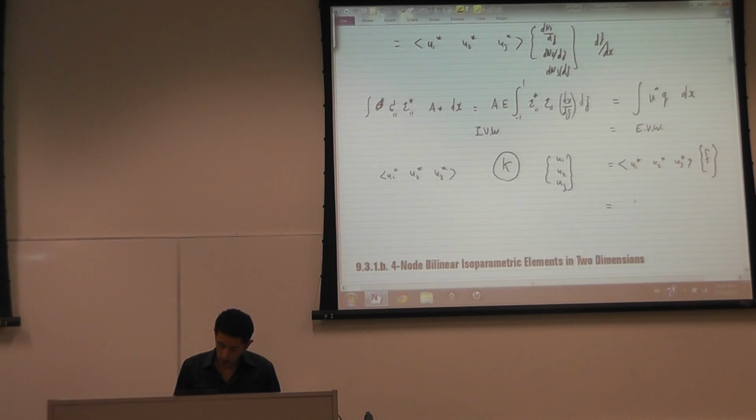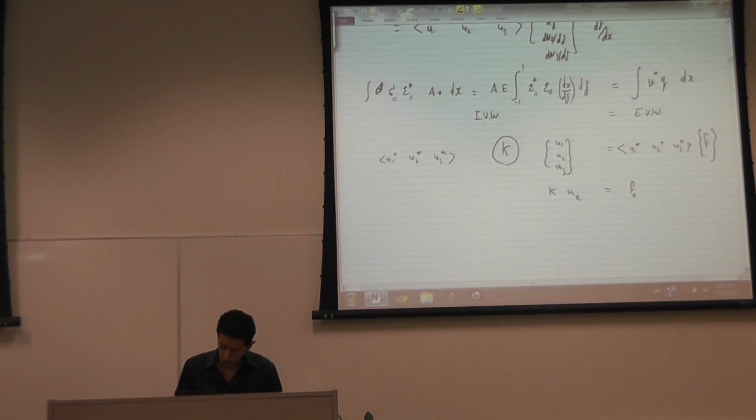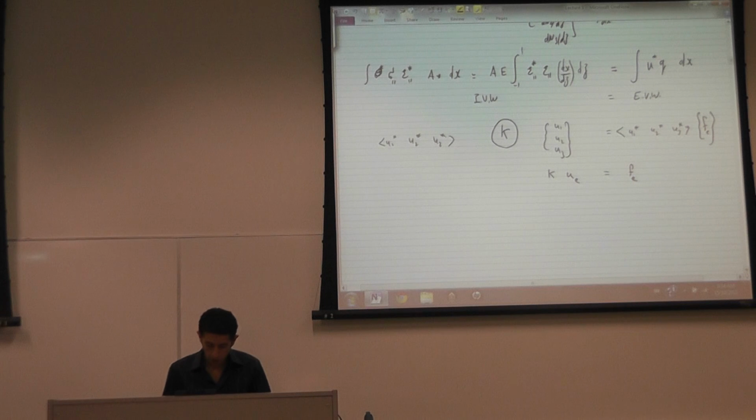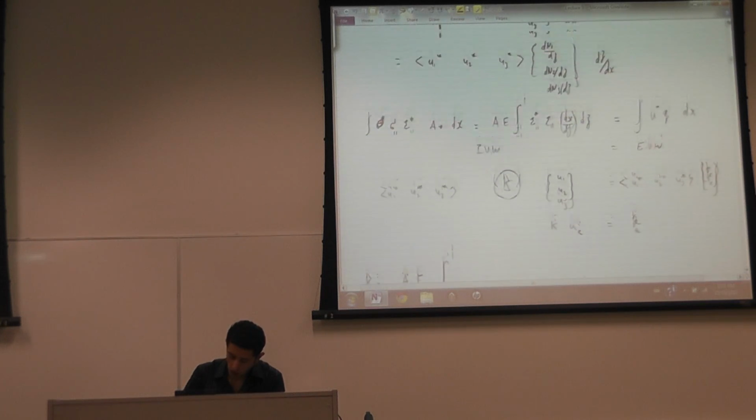And from here we get that F is equal to K U. So what is the stiffness matrix? The stiffness matrix looks like this. K is equal to A, E, the integral from -1 to 1, epsilon 1, 1 star,